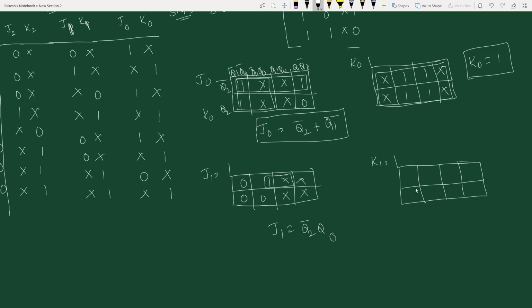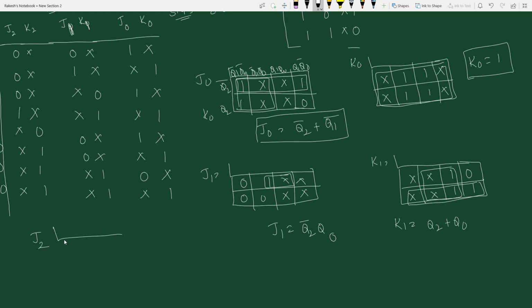If I fill for K1: x, x, 0, 1, x, x, 1, 1. So I can make this as one quad and this as another quad. So I can write my K1 as Q2 plus Q0.